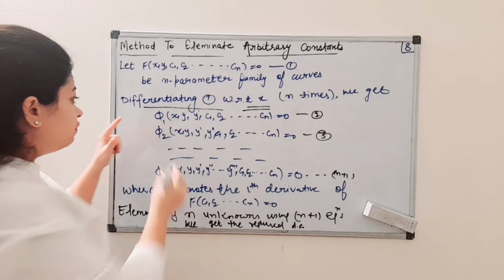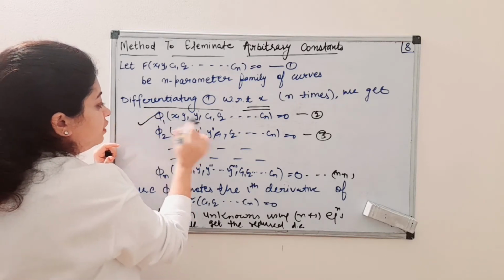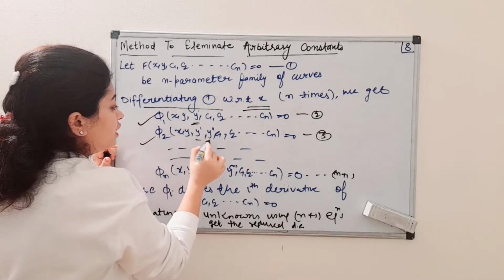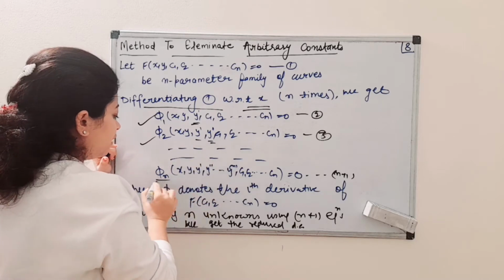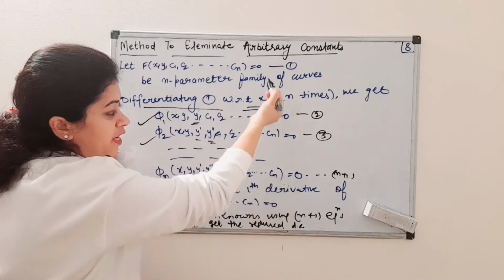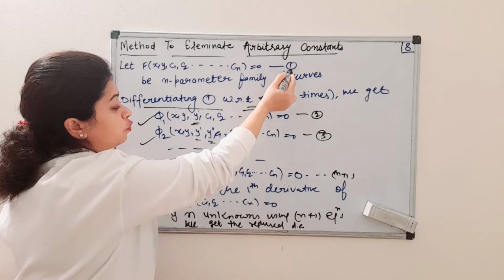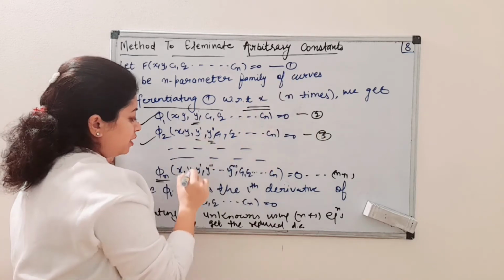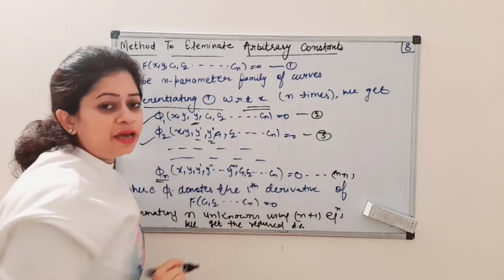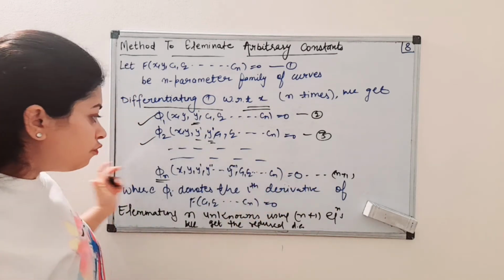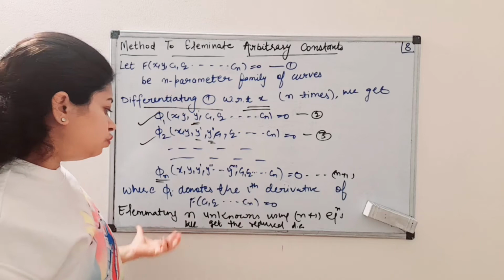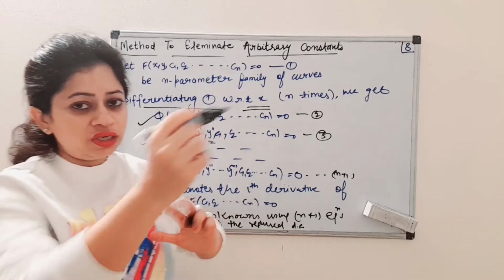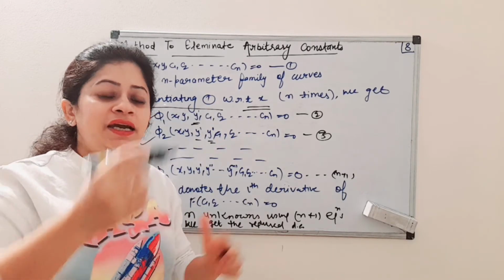N times means we will get phi 1 where we will get y dash also, phi 2 we will get y dash and y double dash, and so on up to phi n. These give us n plus 1 equations, because this is the first equation, then the first derivative, this is second, up to the nth derivative, so this will be n plus 1 equations. Okay, so from these n plus 1 equations we just eliminate using these equations,